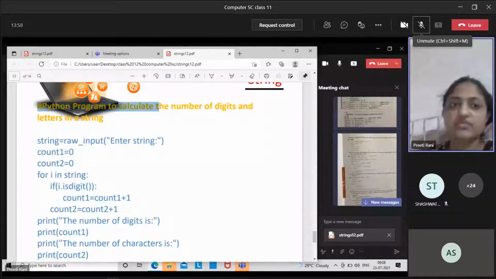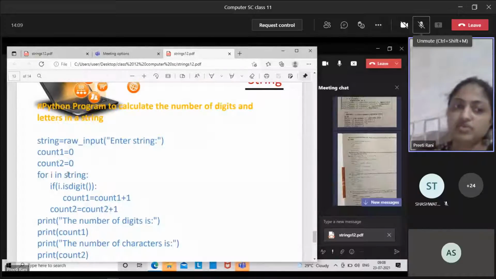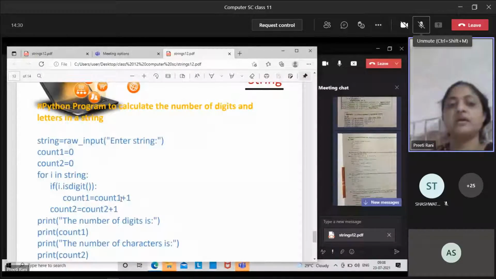So first of all, for counting in that string, we are applying the for loop. The for loop starts from the zeroth place. For example, at zero, first of all P is written. So using the for loop it checks that condition in the string: if the character at position i is equal to isdigit, if it is a digit, then it counts count plus 1, meaning we have got one digit.